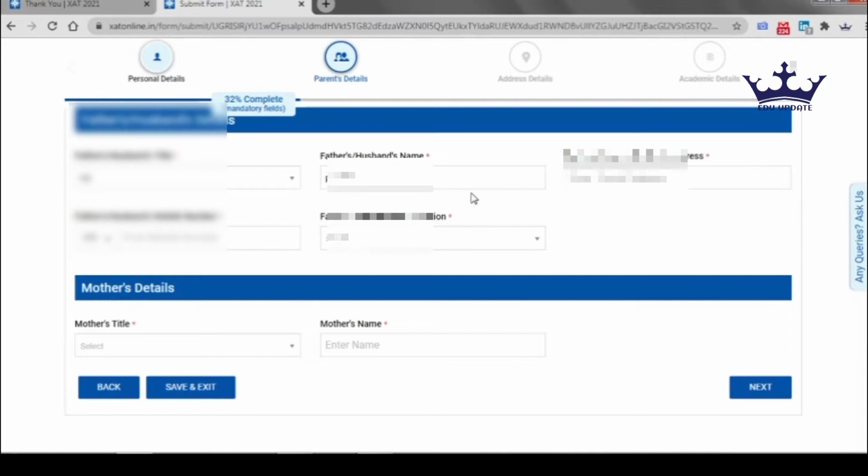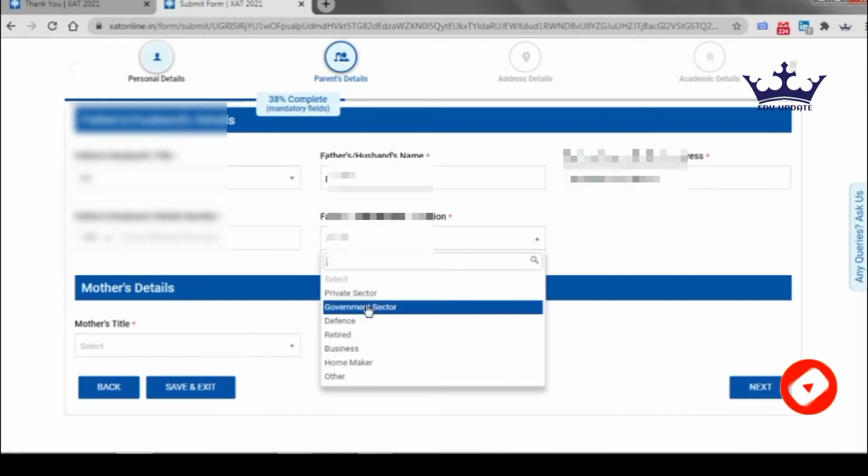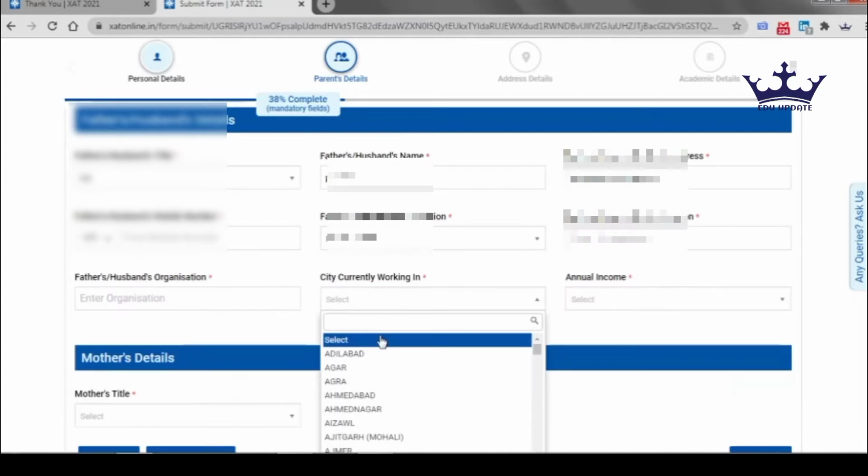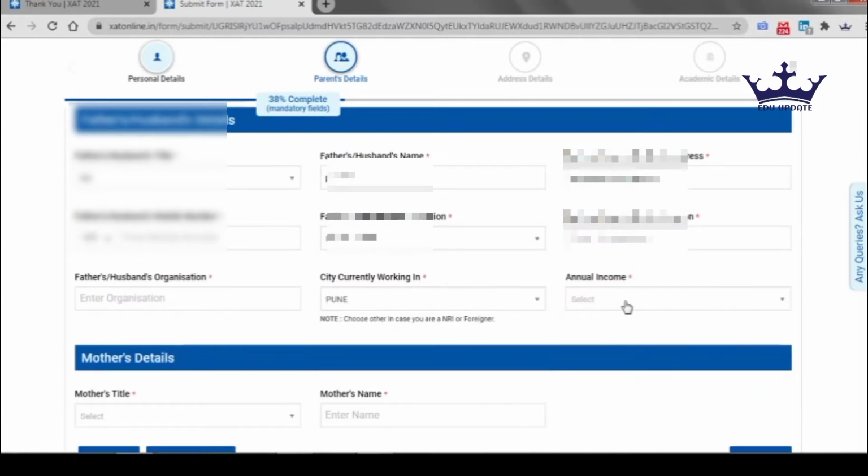Next stage is to fill the parents details. Here you have to fill your father's detail and your mother's detail along with their salary. For father, you have to fill father's title, then name of your father, then complete address, then their contact number along with their occupation, job occupation, and their annual income. And along with this, you have to fill your mother's details as well, where you have to fill mother's title,